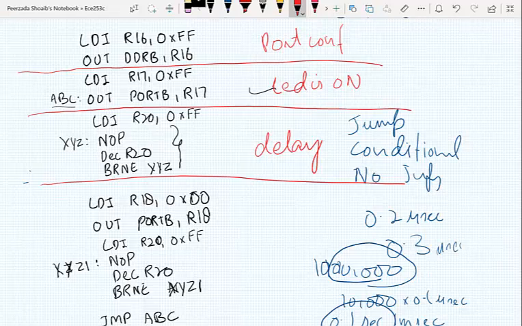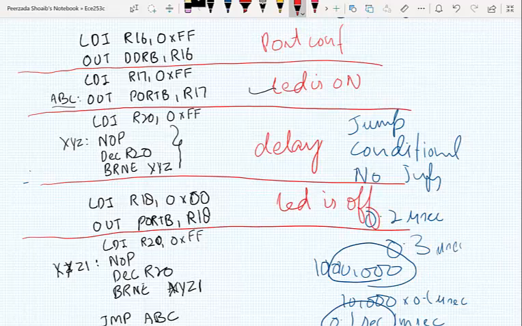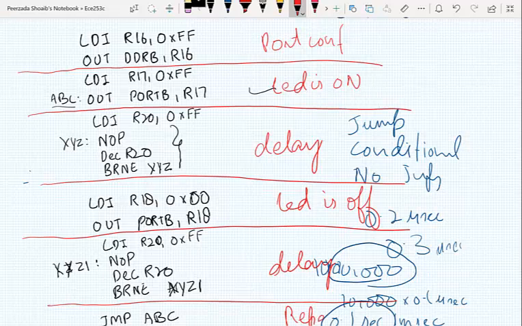Then I'm turning the LED off. LED is off. And then again the delay, and this instruction is used to repeat. So my program is very similar to the previous program, but what we have done here, after turning the LED